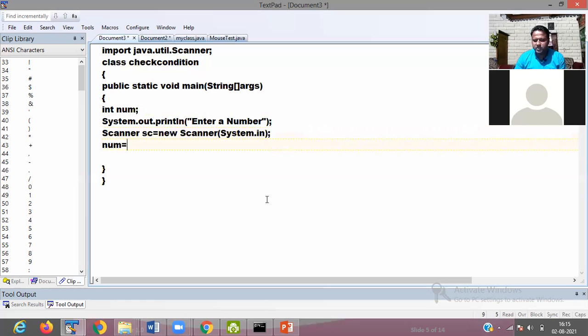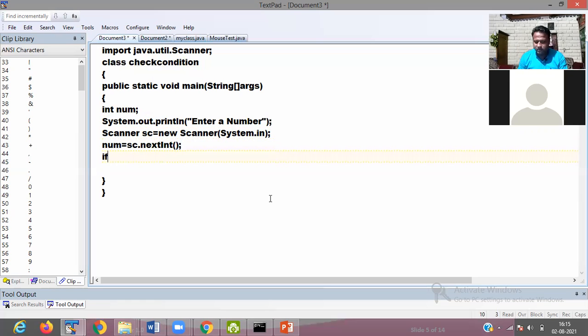So num is equal to sc.nextInt. For taking an integer number, we have to pass sc.nextInt. So your value is stored in the number.